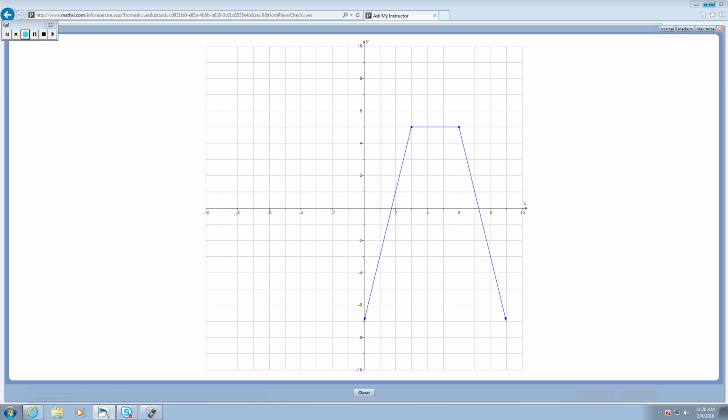What are the x values doing? Or describe what's going on with the y values at the x values. Is it increasing or decreasing? Well, I like to tell students